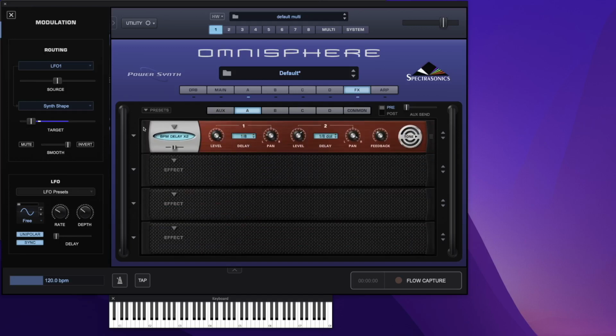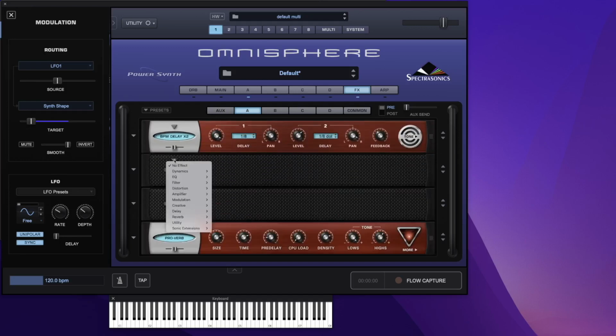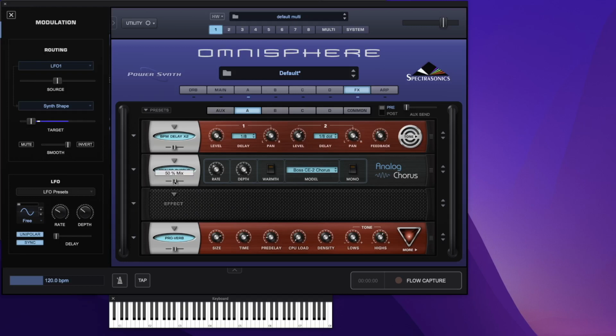So what do I mean by that? So if I just swap these two over, I want to now put a chorus in between. So if I go into Analog Chorus and just bring that down a bit. And the chorus itself will have effects. So you can have a Sweetener, Slow and Heavy, Vibratorless. That sounds quite kinky, but